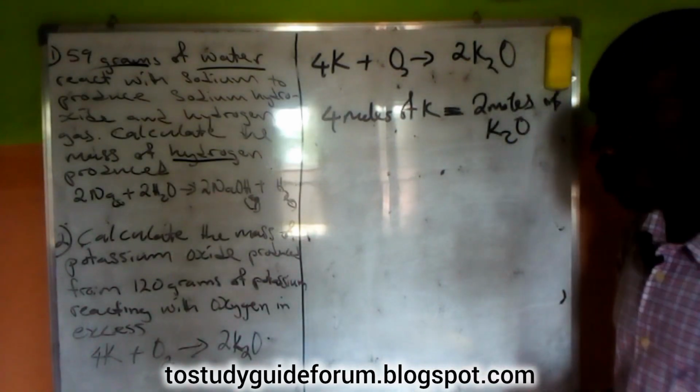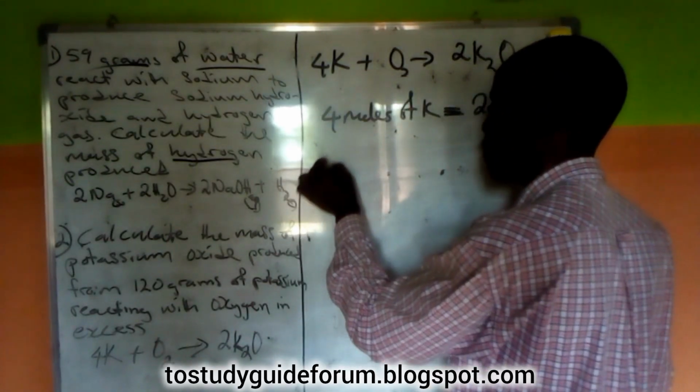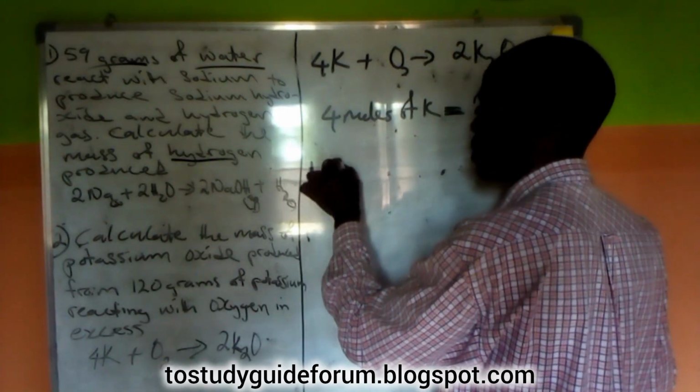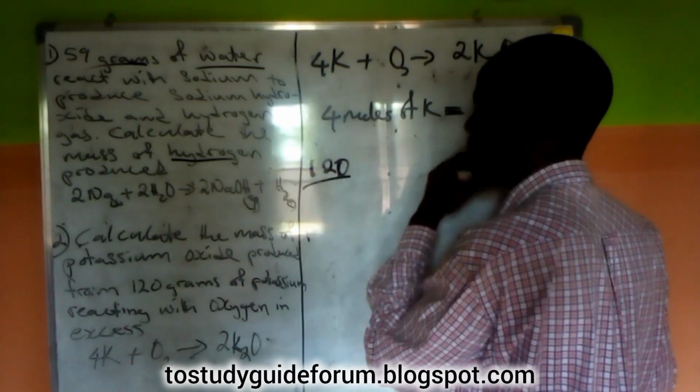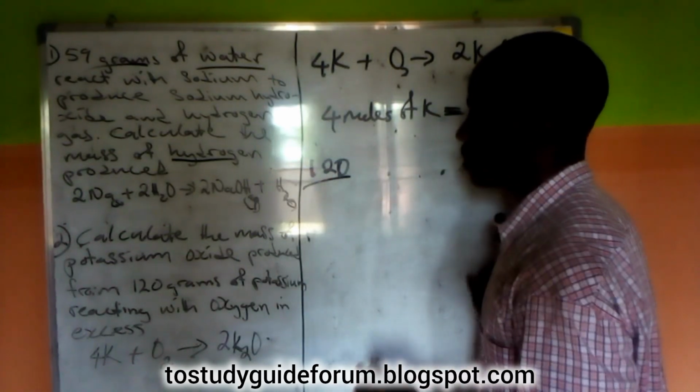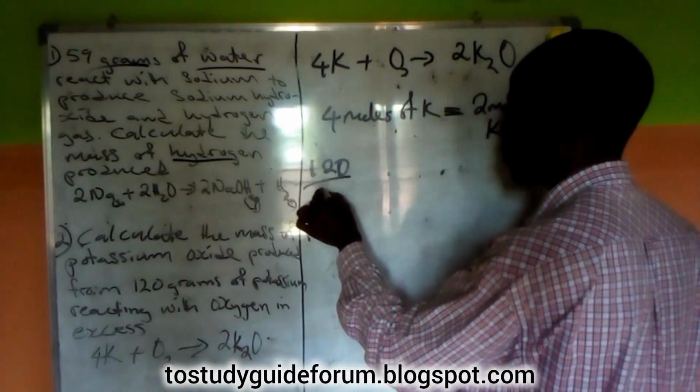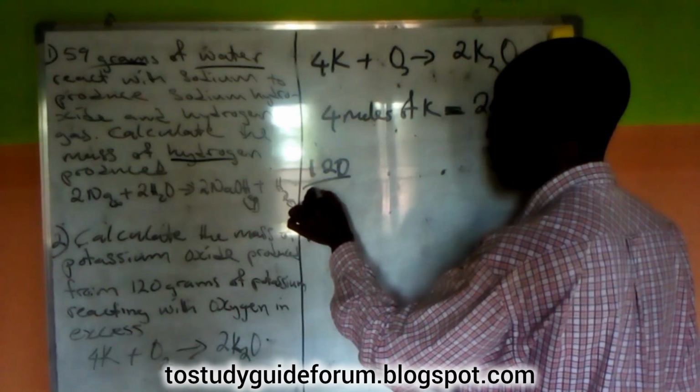120 to what? Moles. If you convert it into moles, what we have is 120 divided by the molar mass of potassium. The molar mass of potassium, which is our relative molecular mass of potassium, we have